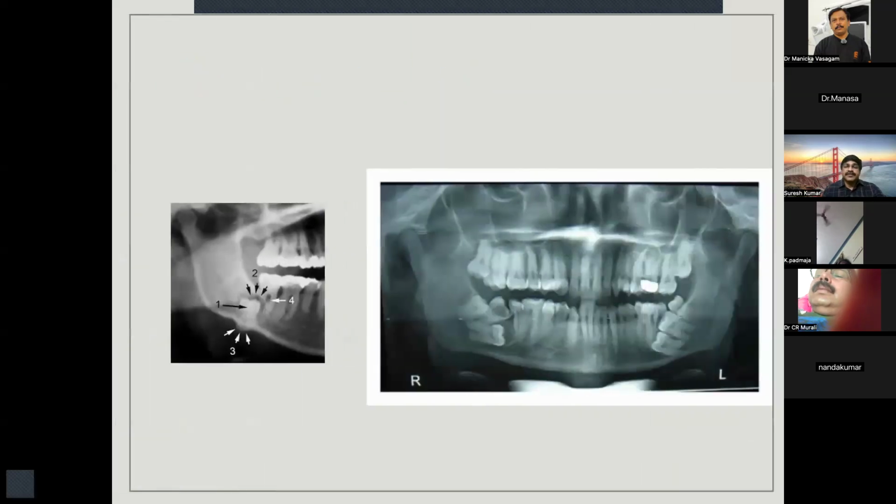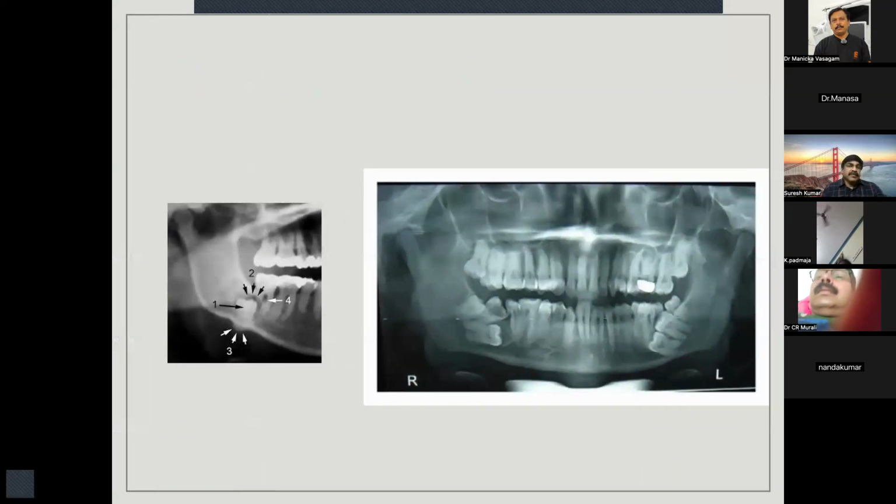Analyze them properly. We are studying all the classifications theoretically, but nature has its own classification. Sometimes don't get surprised when you see teeth like that. So sometimes you will get conditions like this. This is actually a class 3 position C according to Pell and Gregory, but it's a very severe case. You can see the root is actually penetrating the lower border and is even palpable clinically. So this also is possible.